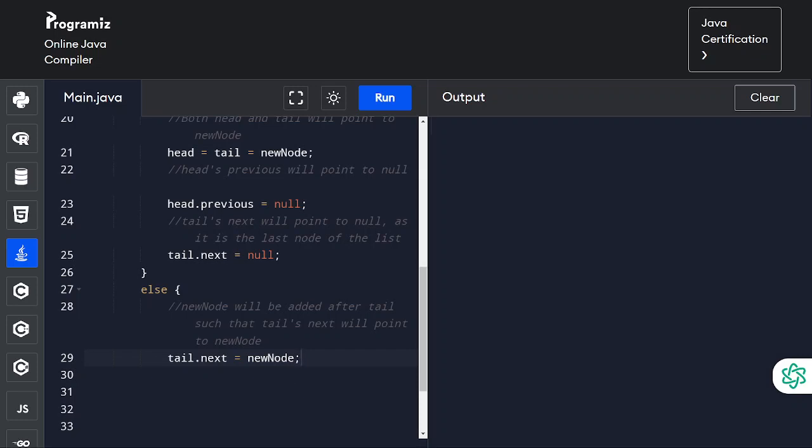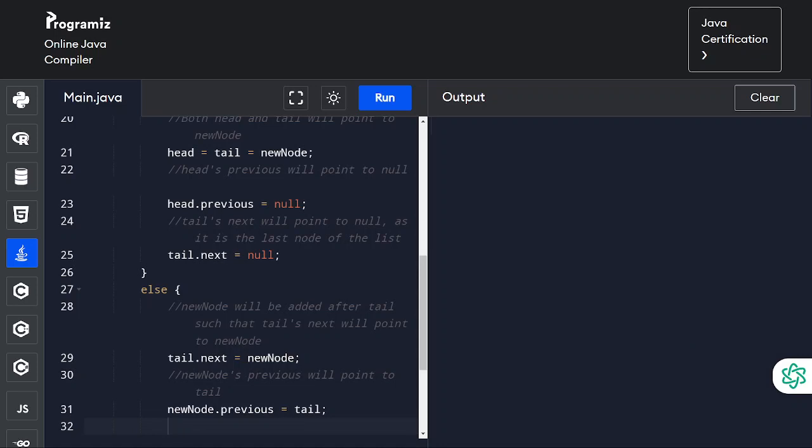Now the newly created node is going to become the last node, right? Newly created node is going to become the last node. Okay, so that is going to become the tail node now. If that node is going to become the tail node, that means the new node's previous is the previous tail node. So the new node's previous is the 12 node. Okay, and now the new node's next,